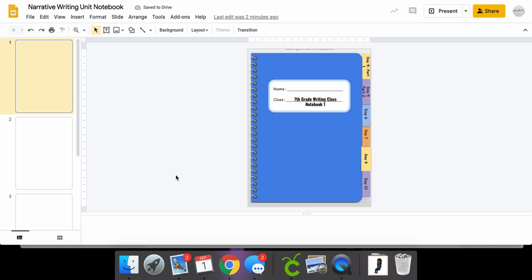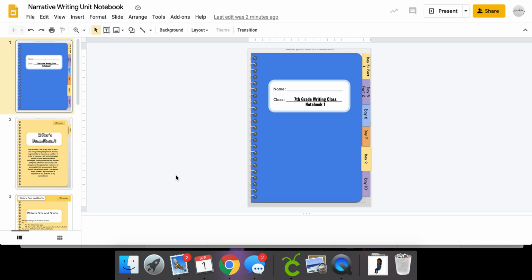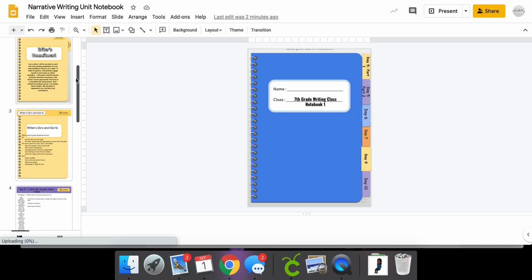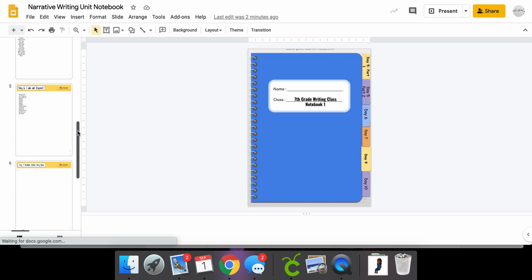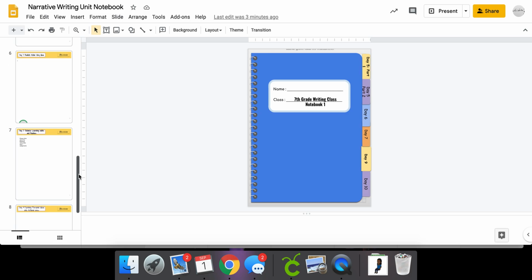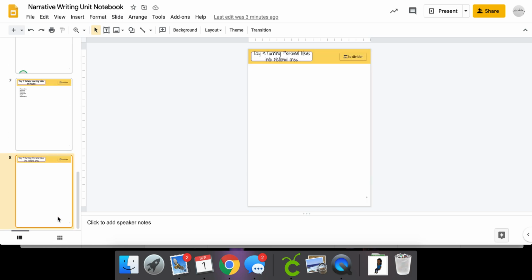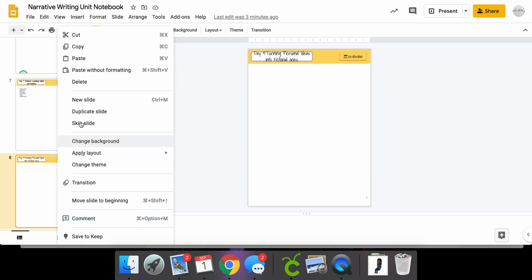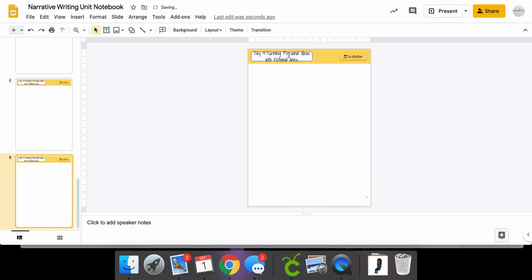Today you may have to add a page to your notebook. This is how you'll add a page. You can pick really any slide, but do something that's easy. What I would do is click on something that's empty, and then I would duplicate the slide,